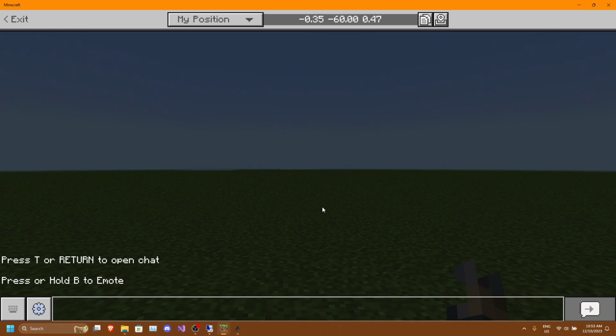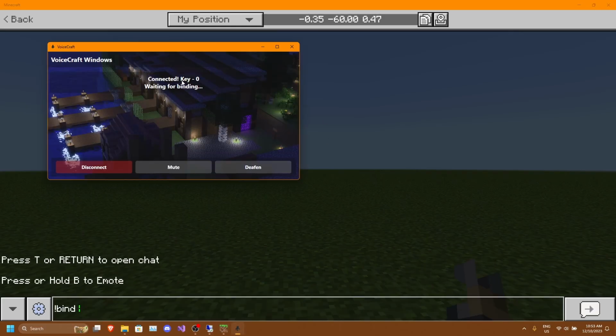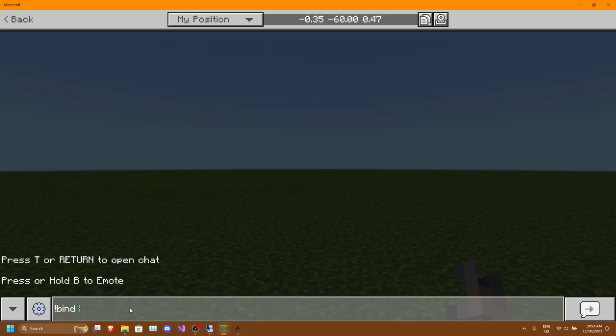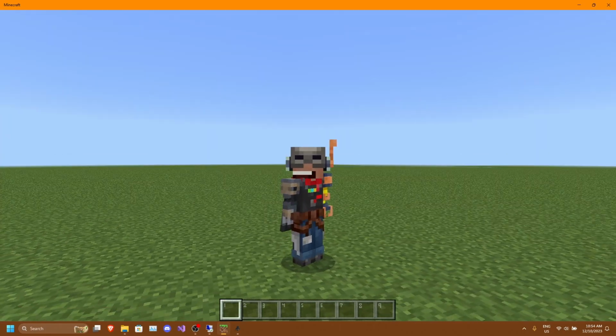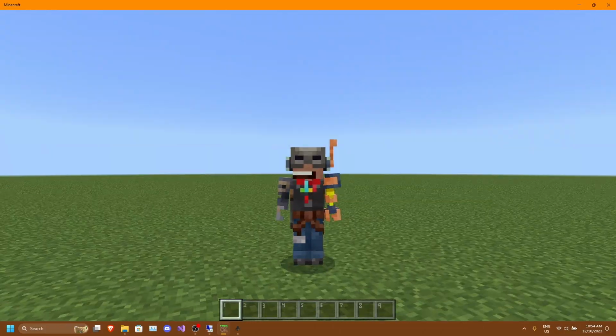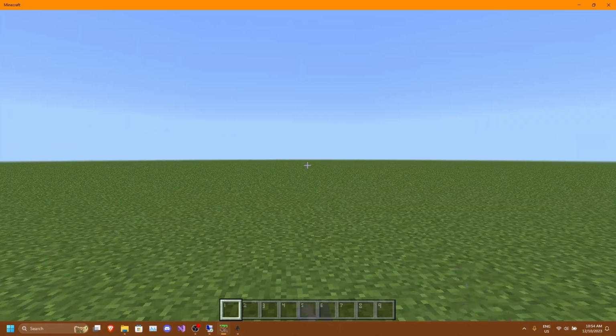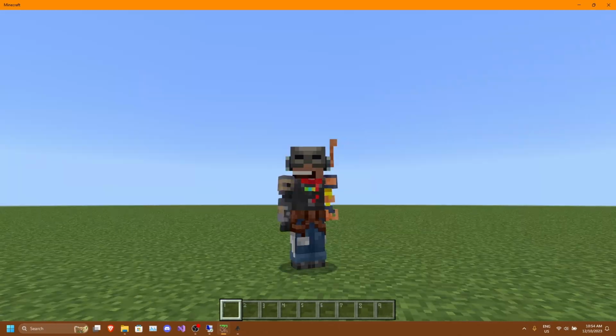Then once we're in the server, all we have to do is type in !bind, then your key, which is given to you in the application. So key-0. So we'll be inputting 0, which is our key. So let's put in 0. And we have binded. And that is all you need to do. And so you should be able to hear directional hearing and the voice effects. If enabled on the server, you should be able to hear underwater talking and cave reverb.